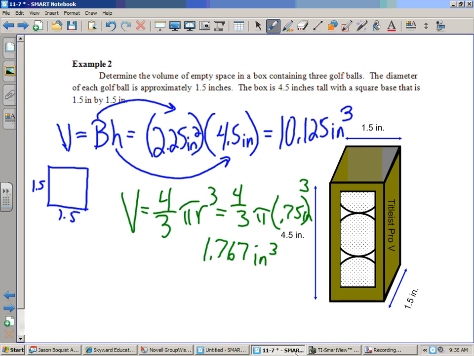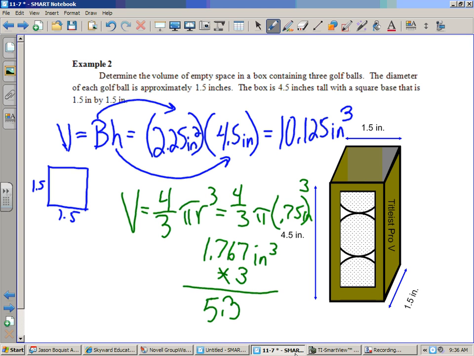So you're telling me if I take 10.125 and subtract 1.767, that's how much empty space there's going to be? That really doesn't make sense, does it? How come this isn't right? We did all the math correctly. We used the calculator. Yeah, that's only 1 golf ball, so we have to take it times 3. Very good. Again, taking times 3 is not going to affect our label. It's still going to be inches cubed, but then we're going to get a little bit closer to what it should be. And so 5.3,